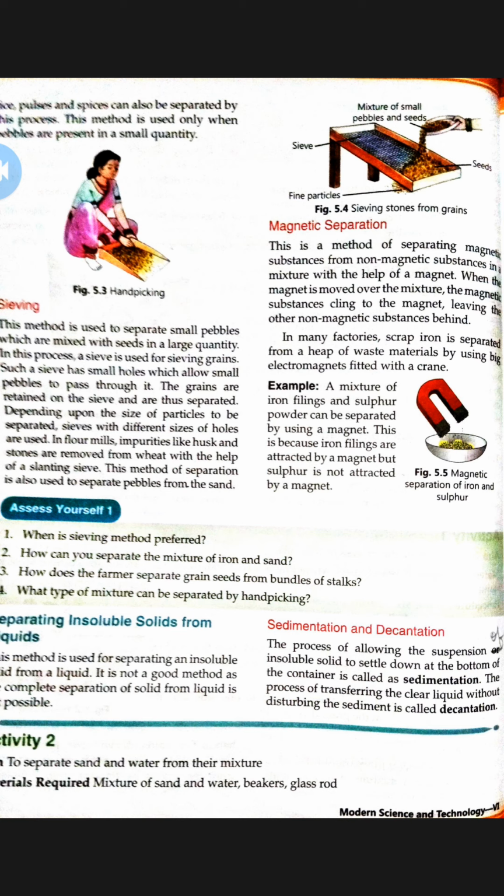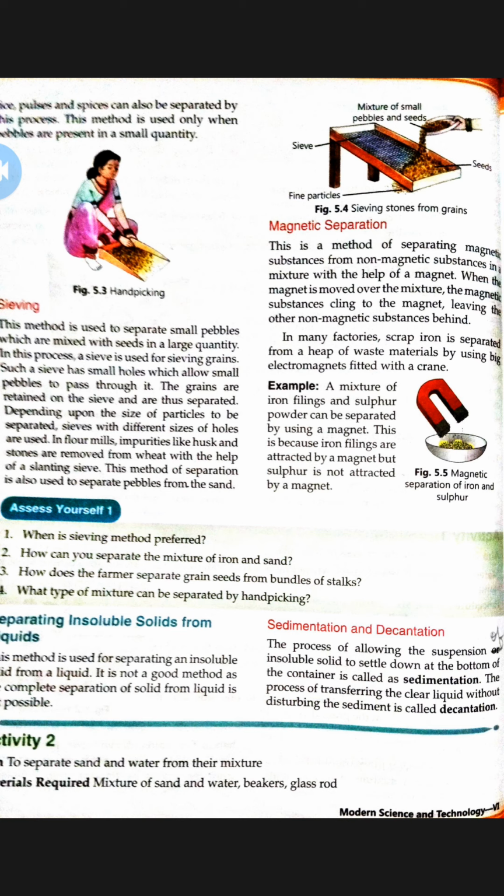It is a method of separating magnetic substances from non-magnetic substances in a mixture with the help of a magnet. Through this magnetic separation, we can separate magnetic substances and non-magnetic substances from each other. When the magnet is moved over the mixture, what happens? The magnetic substances get attracted towards the magnet and stick to the magnet, leaving the other